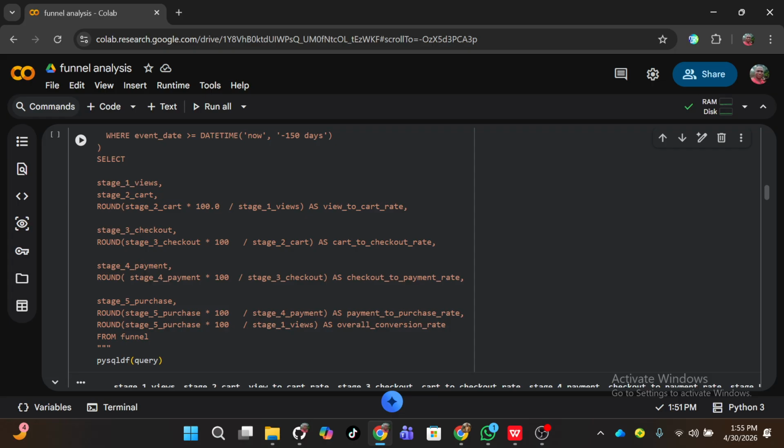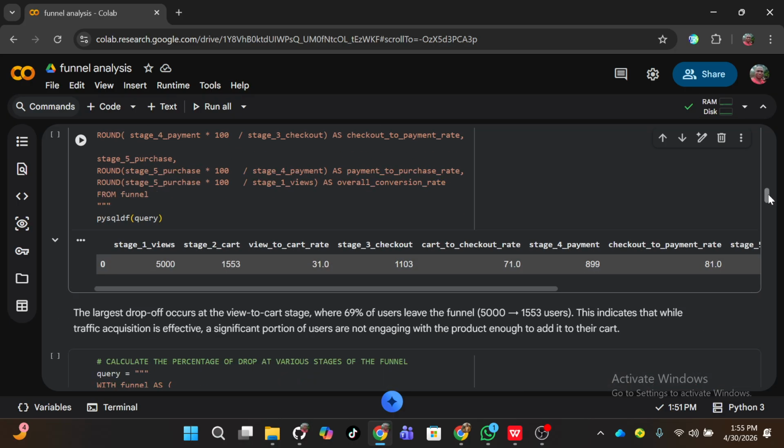Okay, I want to calculate, for instance, this stage 4 payment. I would divide stage 4 payment by stage 3 checkout, which is this one, because I'm trying to understand the movement of people at various stages. It's like we take the number of people that moved from one stage to another, then divide it and so on. That's the mathematics behind it. So after doing that, we now saw that